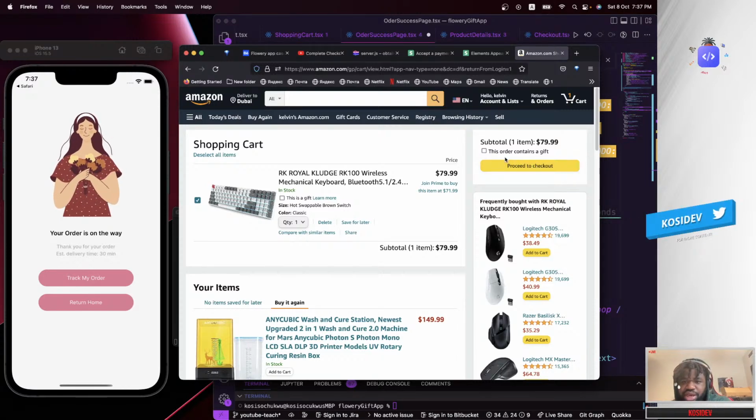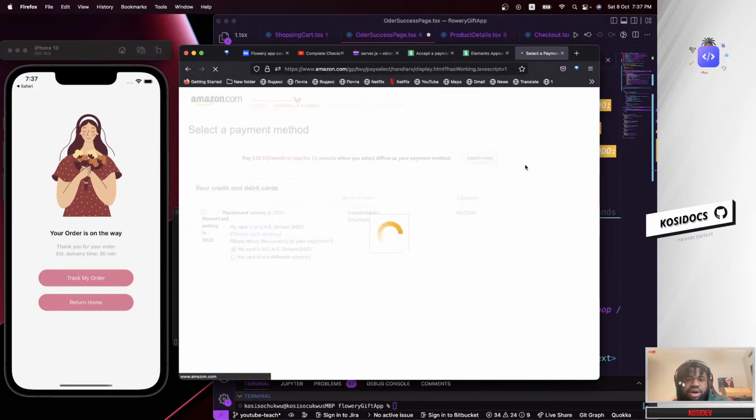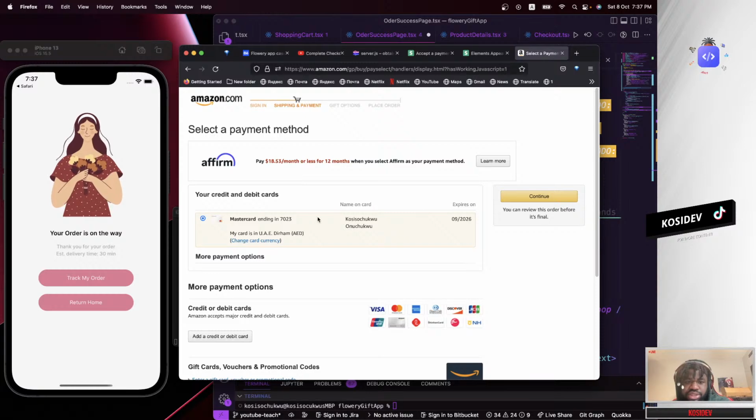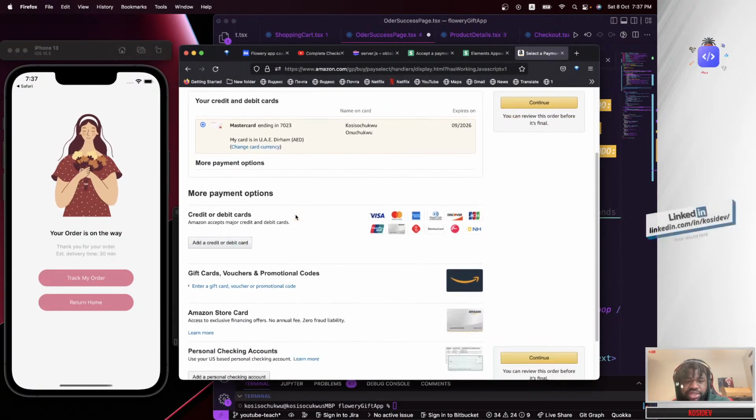If you proceed to checkout, you can see it's almost identical to the shopping cart that we created, where we have the subtotal that's calculating the whole items in this cart. If you change this to 2 items, it will refresh the page and calculate this for you. Then you go ahead and proceed to checkout. It takes us to this point, but in this case I don't have money to buy this, so I'm not buying it.